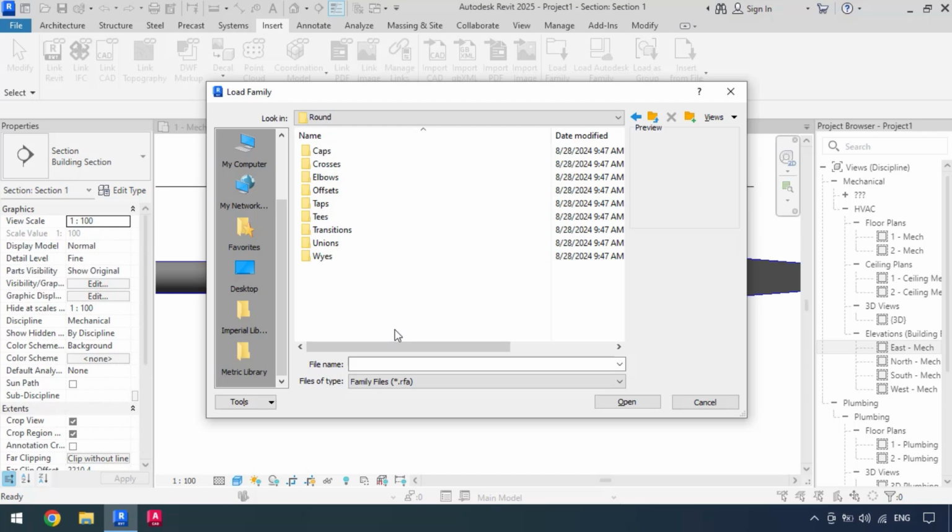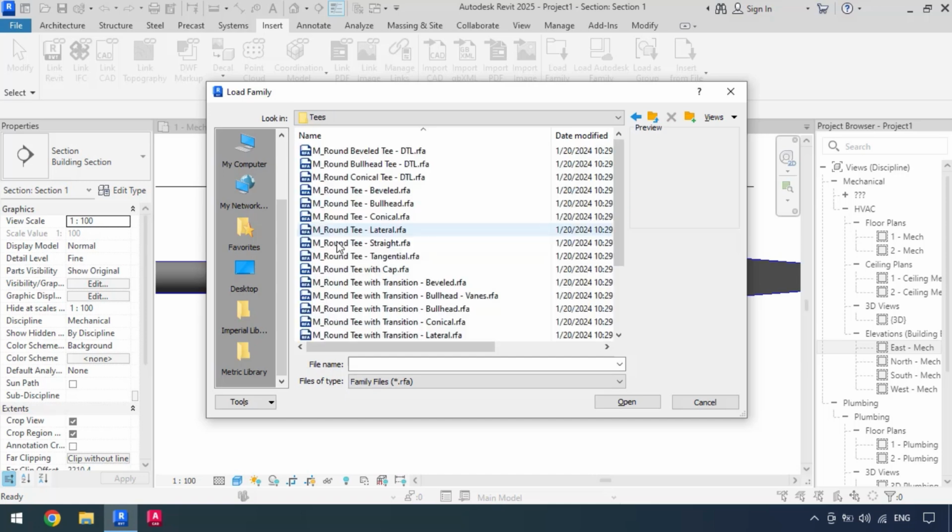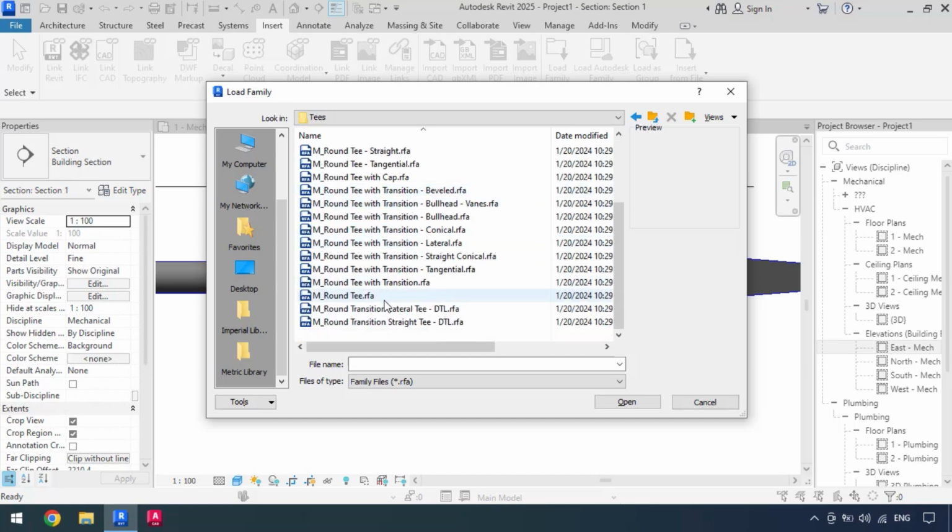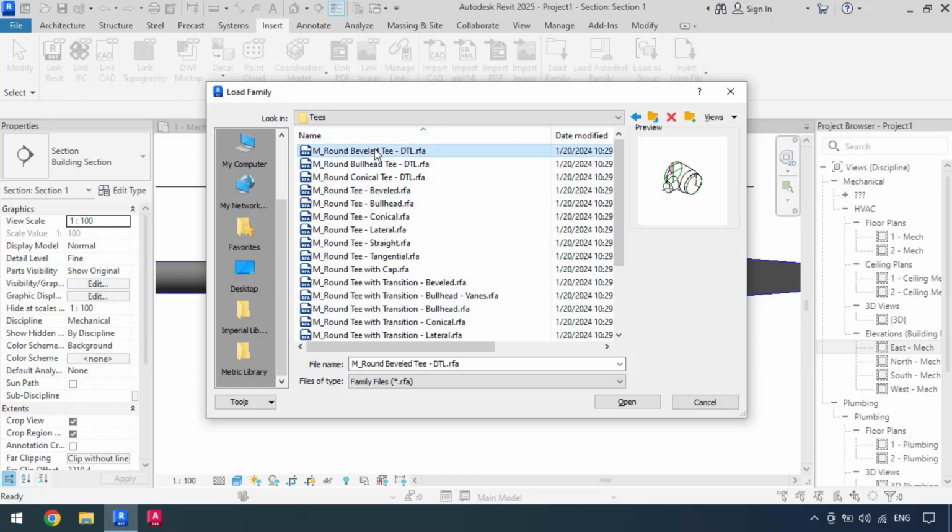In this folder, we can find all types of round ducts, and the things that we wanted to check were the T's. So we're just going to go into the T's folder. Now here you can find all sorts of T fittings. Let's try to check some of them out. For example, this first one